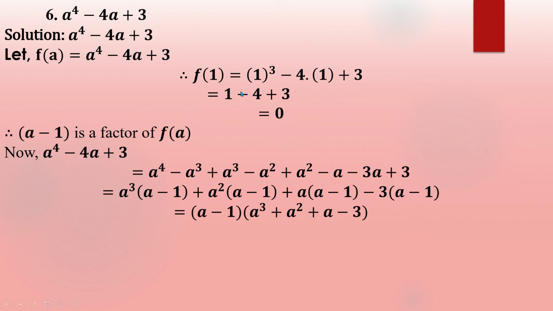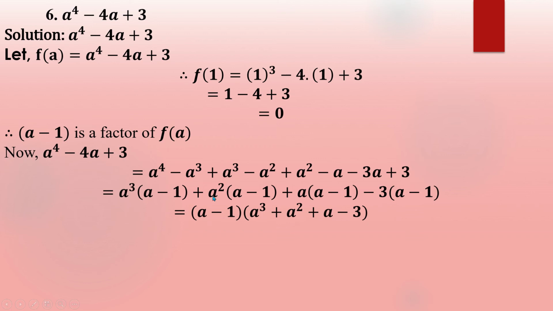As a result, here will be 0, so a minus 1. As a equals 1, when 1 is converted to the left side, that means a minus 1. So a minus 1 is a factor of f of a. Same process. Now at first we will write this line a minus 1 into a minus 1 into a minus 1. Minimum 2 or 3 at first we will take, and if needed we can take more, no problem. So for matching a to the power 4, we have taken here a cube. So a cube into a means a to the power 4 minus a cube. And as minus a cube is absent here, we have to take here plus a cube. As a result, this is discarded.